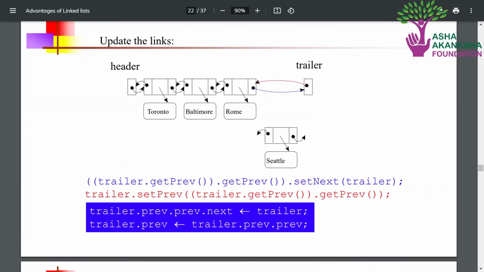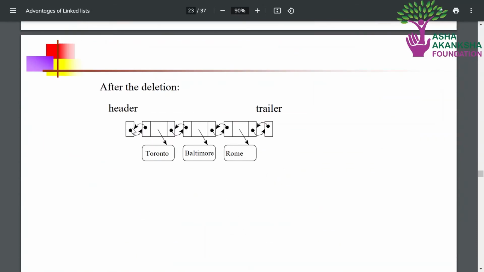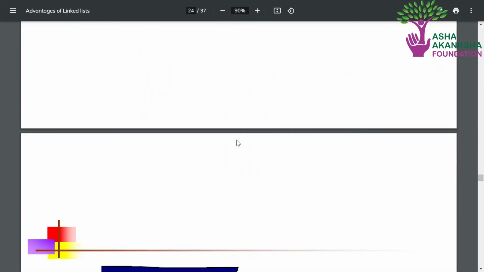So this is the pseudocode for this. You can take a look. After the deletion, the linked list would look something like this.